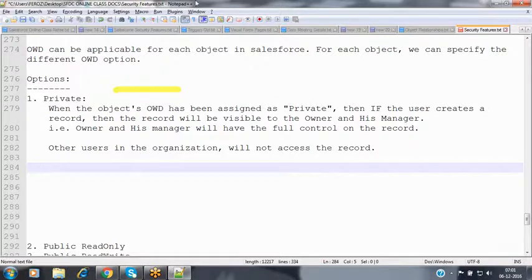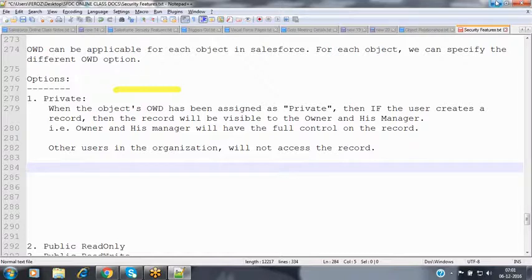Firoz asks whether somebody higher in the role hierarchy than the manager also won't be able to see the records. Only the immediate manager will have access on the record.